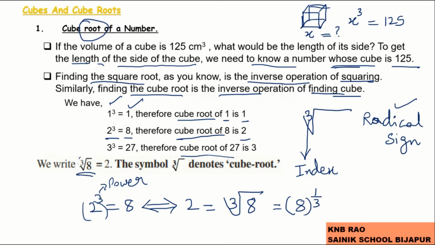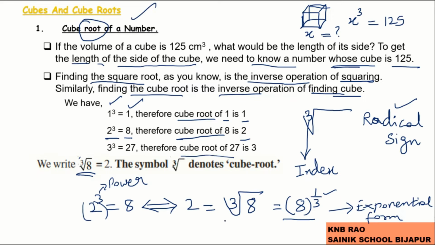So 3 becomes 1 by 3. So 8 to the power of 1 by 3 is the exponential form for cube root,